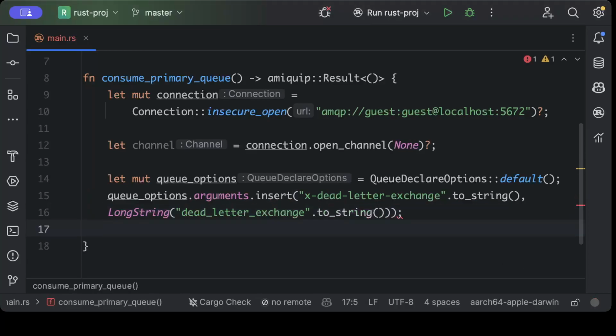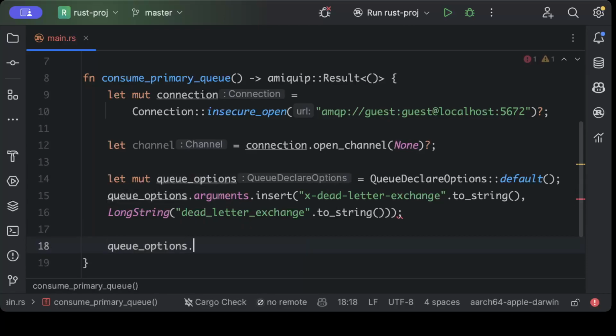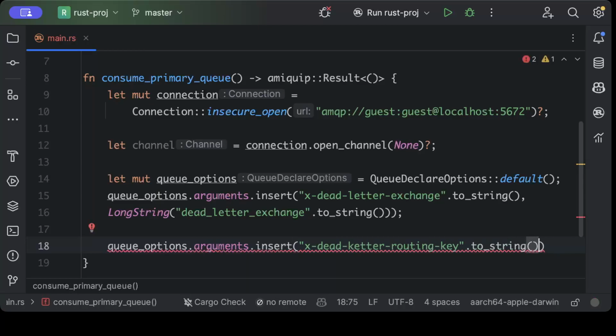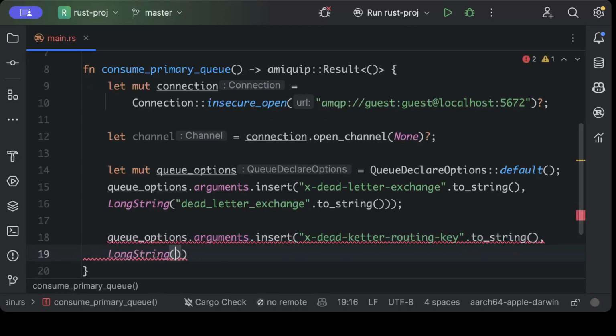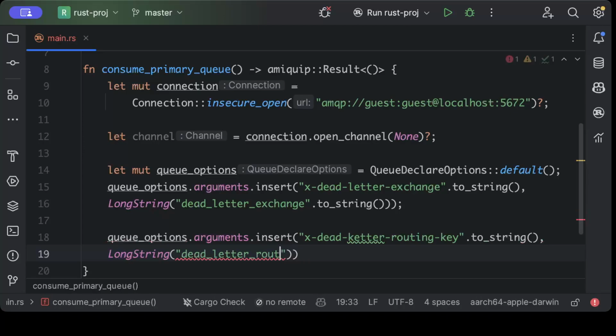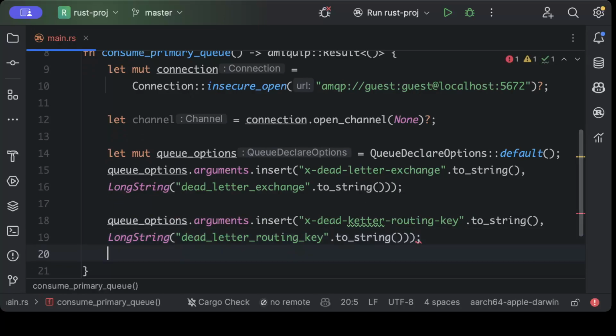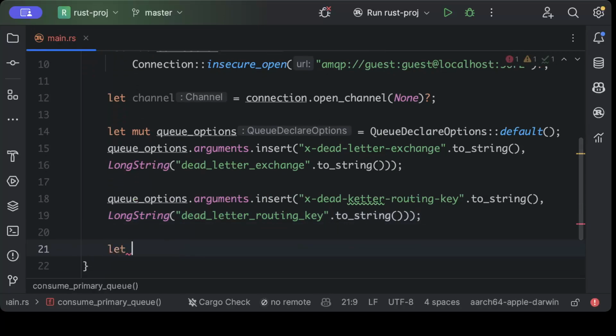And then the second argument that we have to add is queue options dot arguments dot insert x-dead-letter-routing-key, dot toString, and then we will say long string dead letter routing key dot toString. So make sure you add both of these, and once this is added, we'll declare a primary queue